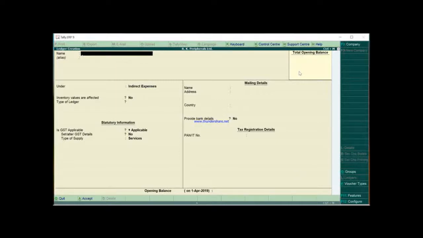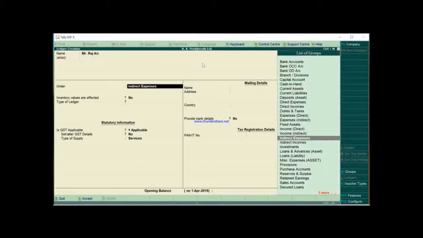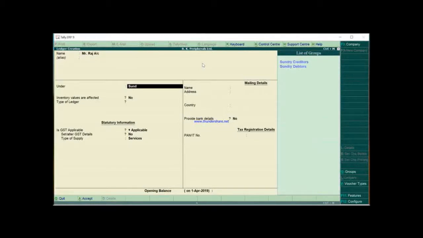Second is the cash account. As you know, when we create the company, the cash account is the default account which is created by Tally. Now for the second entry, received cash from Mr. Raj. Already the cash account is there. From Mr. Raj, we have to create Mr. Raj's account under sundry debtors. As we have received cash from Mr. Raj, so we are creating Mr.